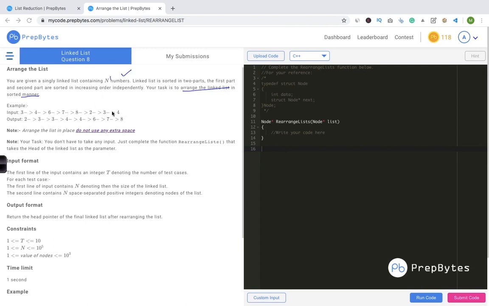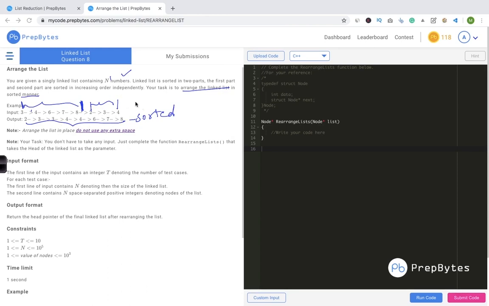So here this is the linked list. I see that this particular part is sorted, 3, 4, 6, 7, 8 is sorted, okay, and this is one part of the list. From here, this is one part of the list that's sorted and this is one part of the list that's sorted, okay. So now this is my input, this particular part is sorted independently, this is sorted independently, and this is my output. In this output, the complete list is sorted. So what we did was that we rearranged the list, and we sorted the complete list. So this is what we have to do.